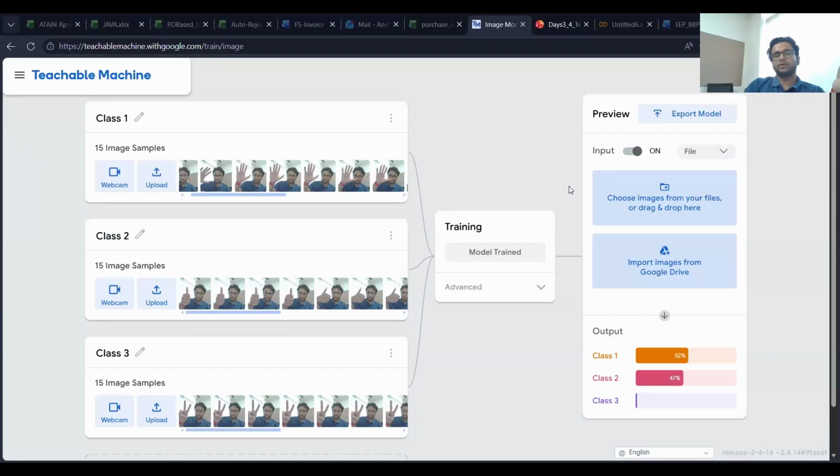So whatever the competition was, it's pretty nice, because this particular model training is only solving the classification problem. It's not generating something, like LLMs do generate something as per the requirement. This is not generating anything. It's just classifying whatever input it's been given, right? So if I upload an image of a cat, then it may not be able to recognize it's class one, class two, or class three. So it's a very basic machine learning classification problem.